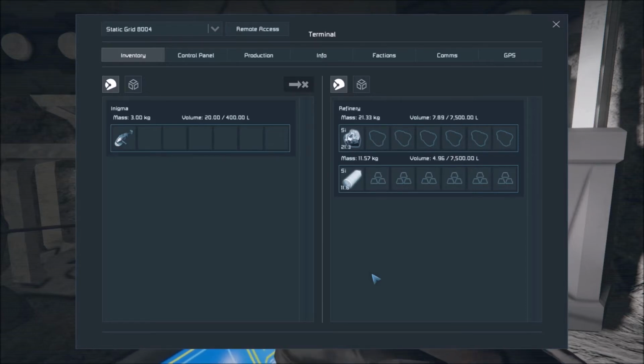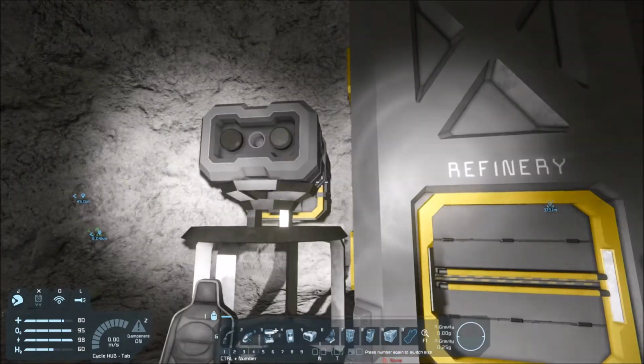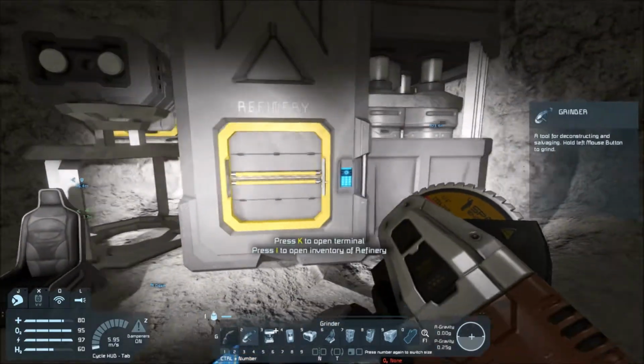23 silicon wafers. And we'll be able to rebuild our battery components. Or at least the power cells. Now in a pinch you could probably just disassemble your hydrogen bottle to make one power cell and then rebuild your battery that way, but that's kind of cheating. I like to make all power cells before I, of course, grind those power cells and lose any hope of